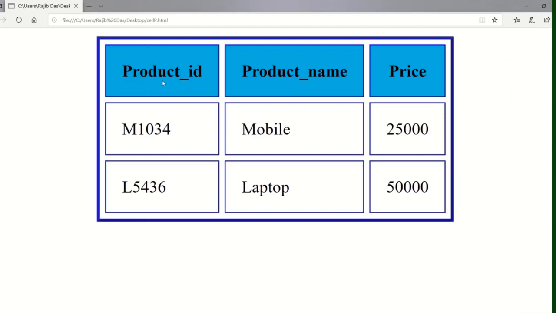I am applying it here on the first cell of this table. Using colspan we can cover two cells of this column. That means we can expand this column up to here.